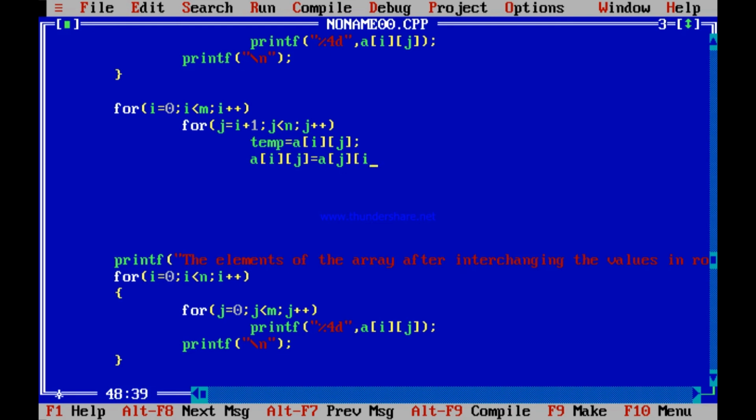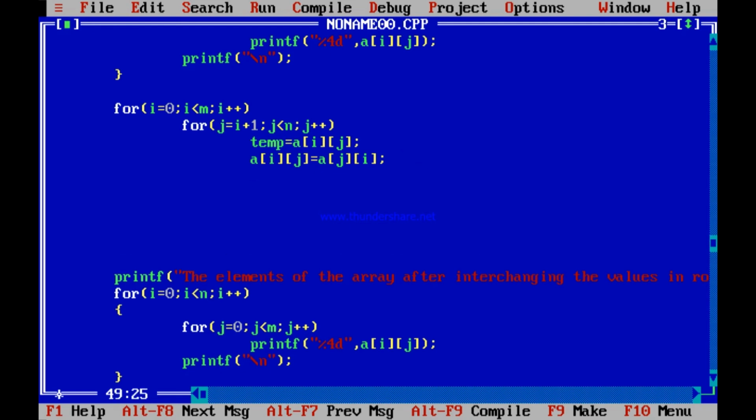See what you are doing. You are saving Aij to temp. Now you are copying Aji to Aij. But the old value of Aij is not lost. Old value of Aij is in temp. So Aji's new value is the old value of Aij. Where is that old value of Aij saved?